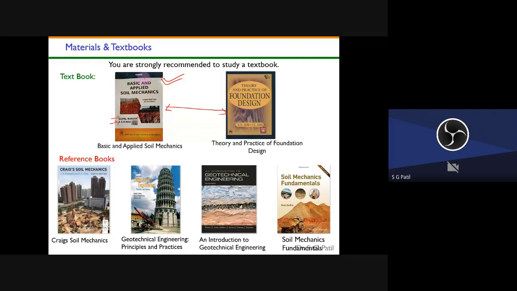This is, I think, the third edition of the book. You can purchase it from Amazon for maybe 500 to 600 rupees. So try to purchase this. The soft copy is not available for this one, but soft copies of the remaining books are available. It's a wise idea to invest at least 500 to 600 rupees to purchase this book. This is a very good book.